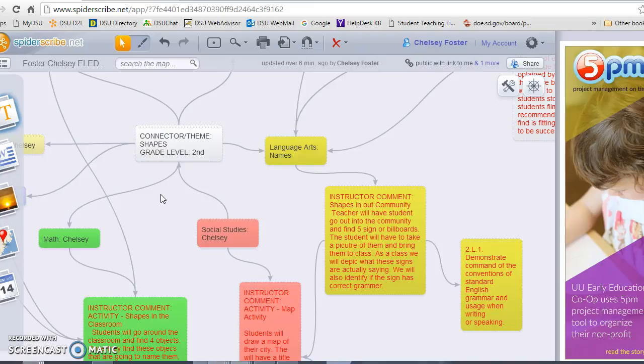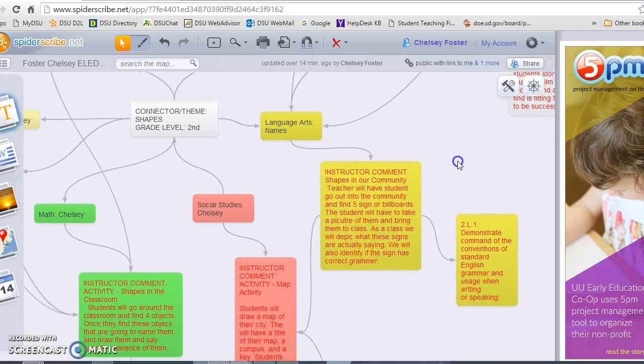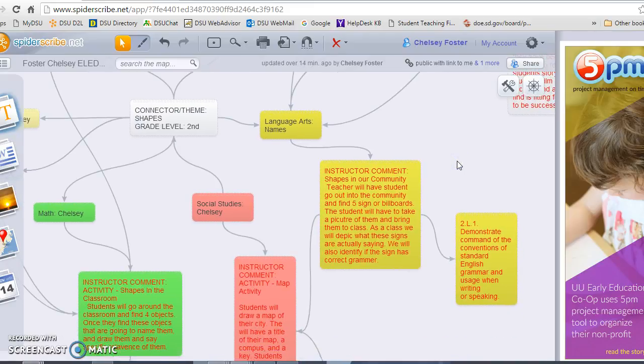So, language arts. The topic of this section is called Shapes in the Community. So how that is played out is students will go around and find 5 billboards or signs that they see in the community, and then they'll either take a picture of them and bring it into the class or draw them out. And as a class, we will depict what these signs are actually saying, and then point out if they have any grammatical error or if they should have been displayed as something different because of the grammar within it. So that would be language arts, and there is my